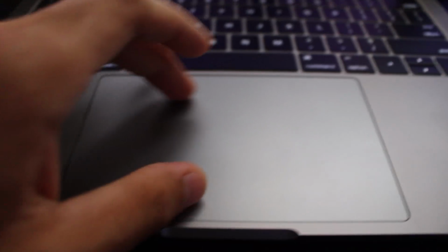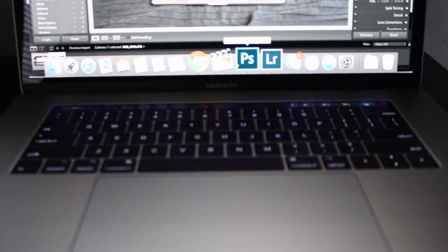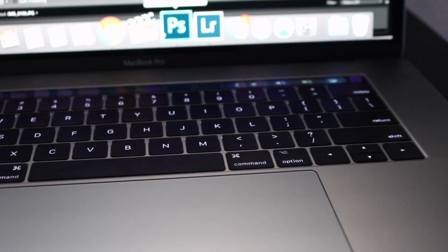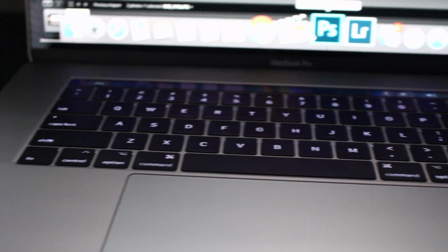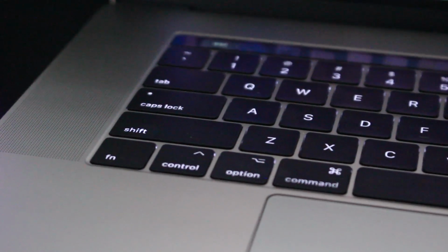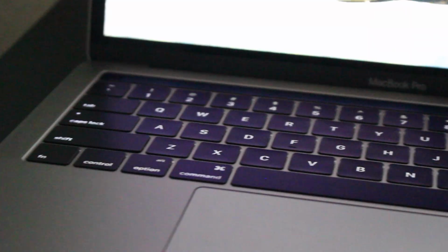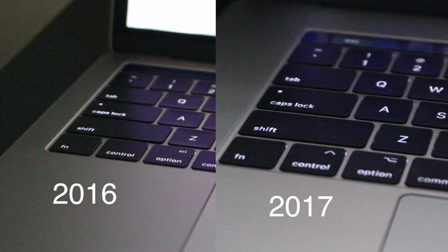Now let's go ahead and look at the trackpad. These are the largest trackpads that are only available on Apple laptops, and I can surely say they are fantastic, especially on the 15 inch Mac. As you can tell, it's a bit larger. Then looking above the trackpad, we see the keyboard. These are Apple's second generation butterfly switches, and it's not much of a difference, though this might be a downer for some people on finding out that the 15 inch Mac does not contain a full number keypad. And the only external difference between the 2016 and the 2017 MacBook is the new icon above the option